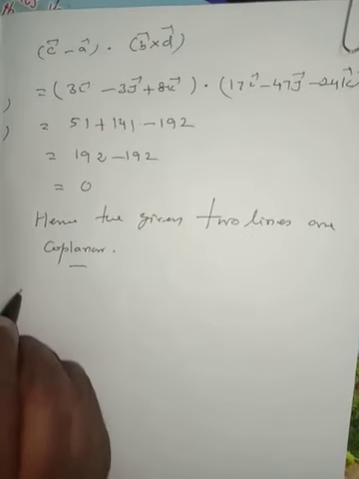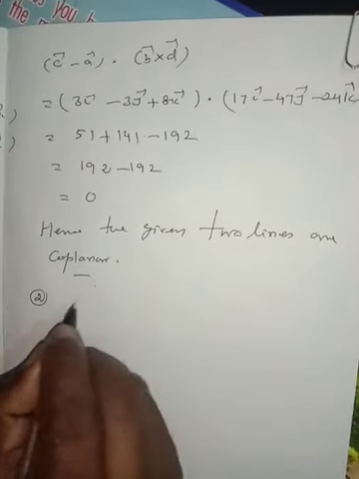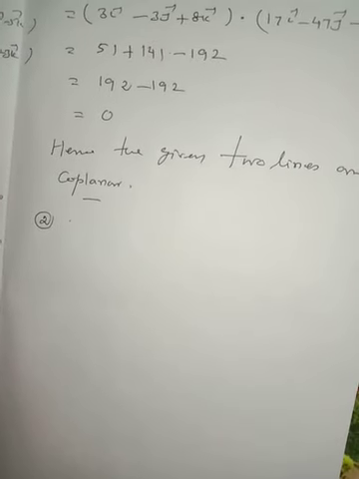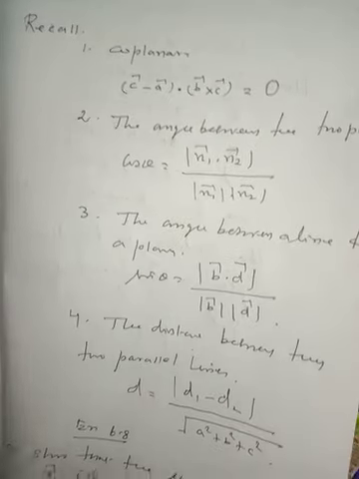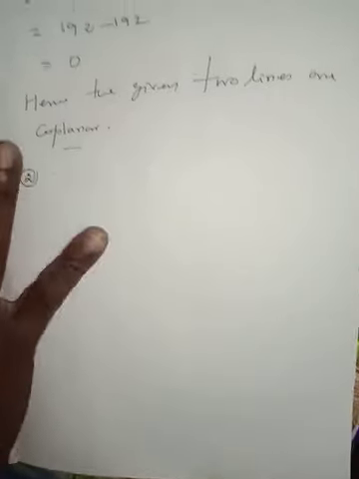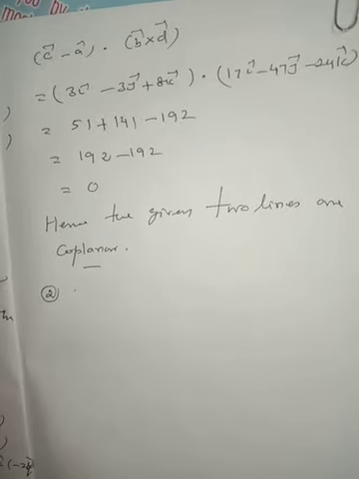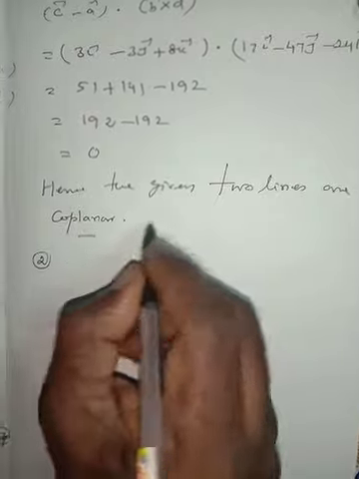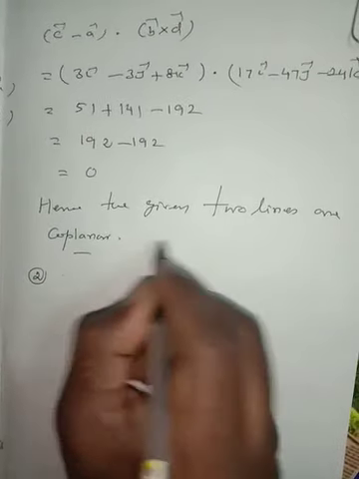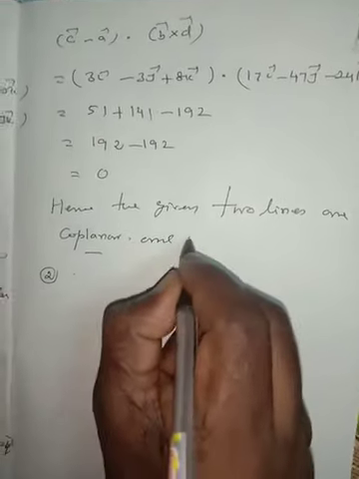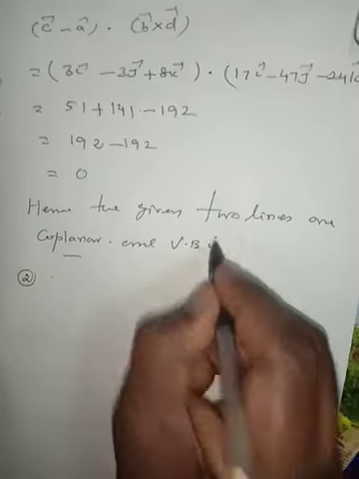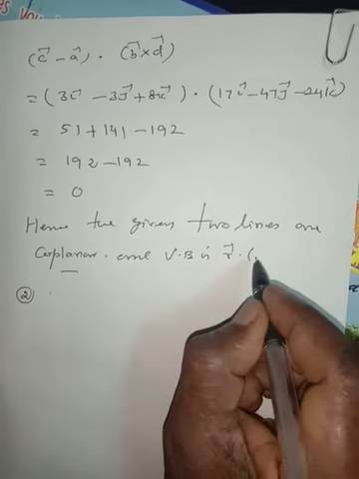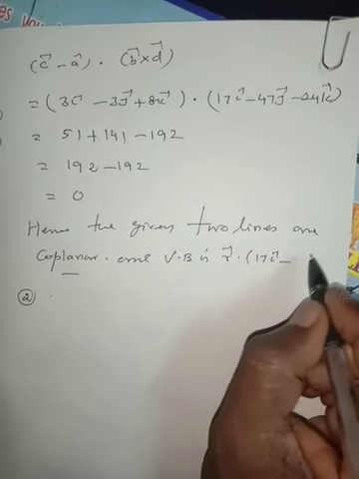Question number 2. Show that the line is in the plane containing which they lie. Vector equation. So last line, the vector equation is r vector dot 17i vector minus 47j vector